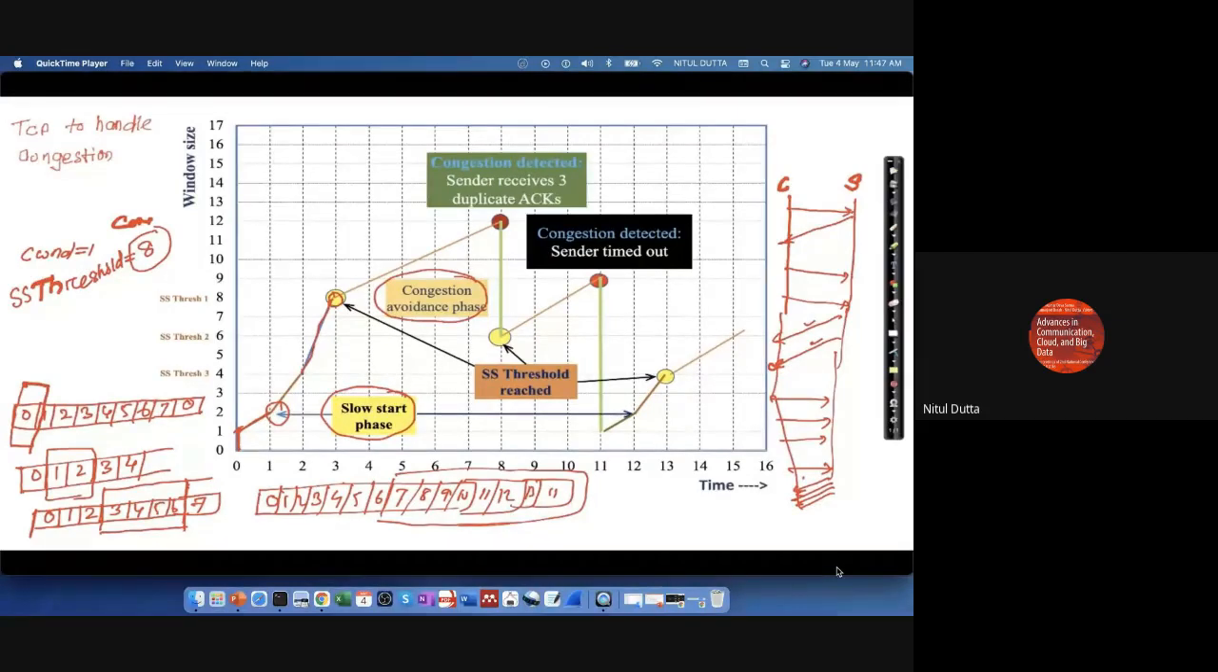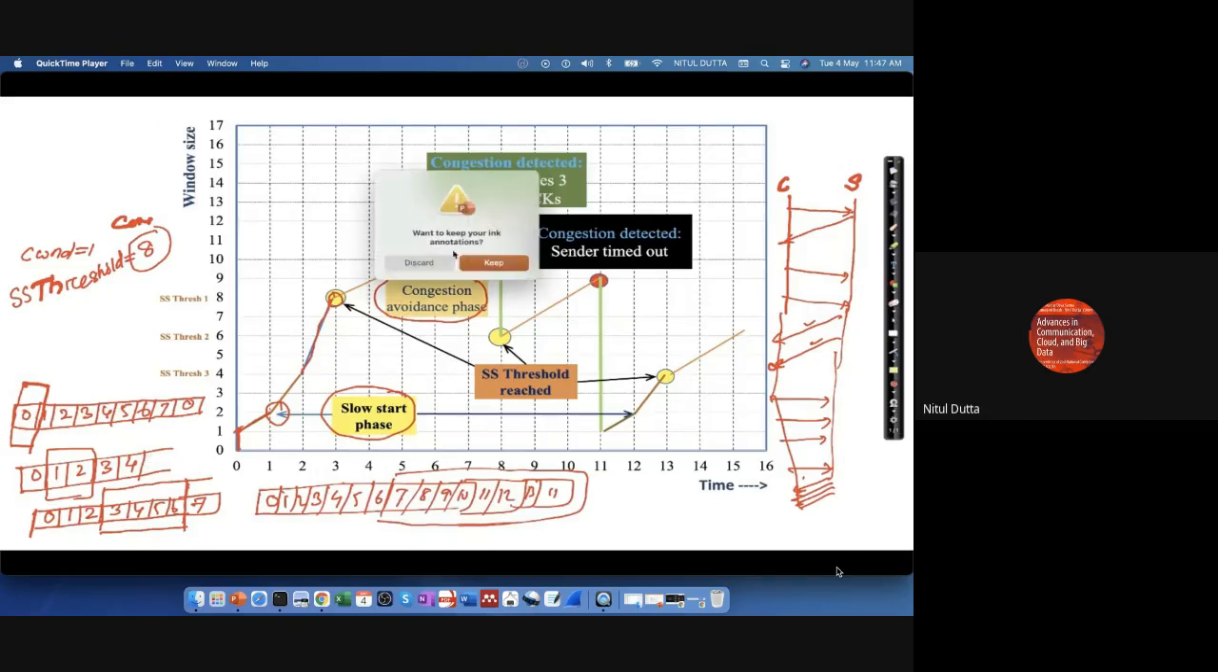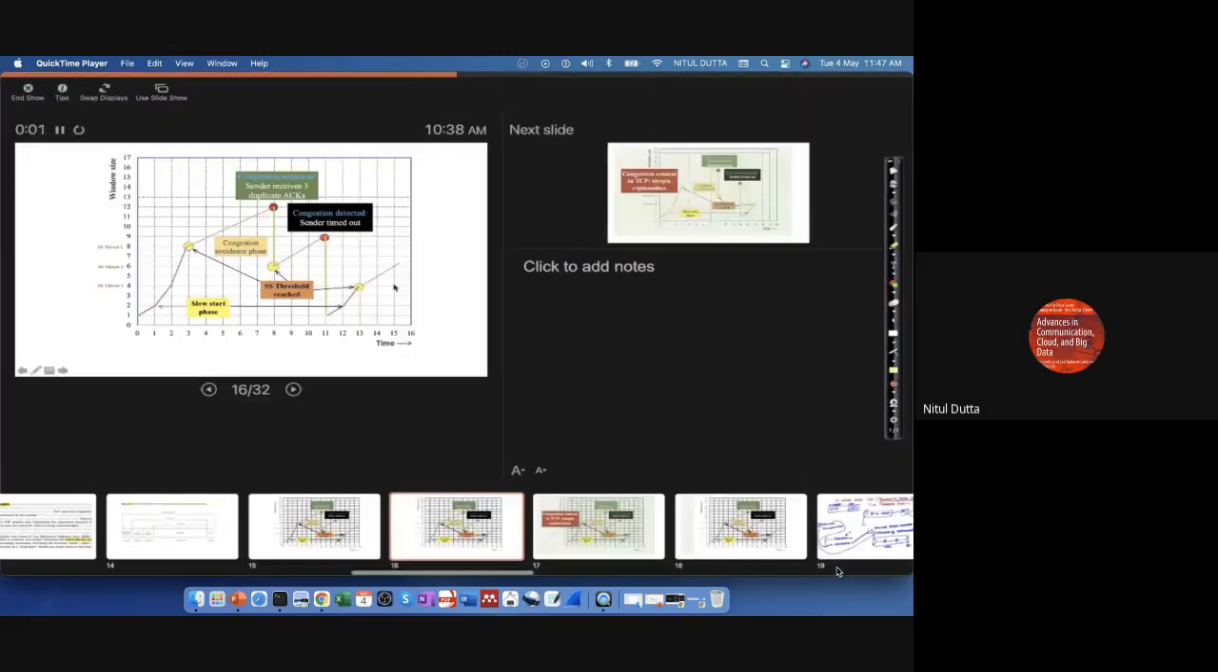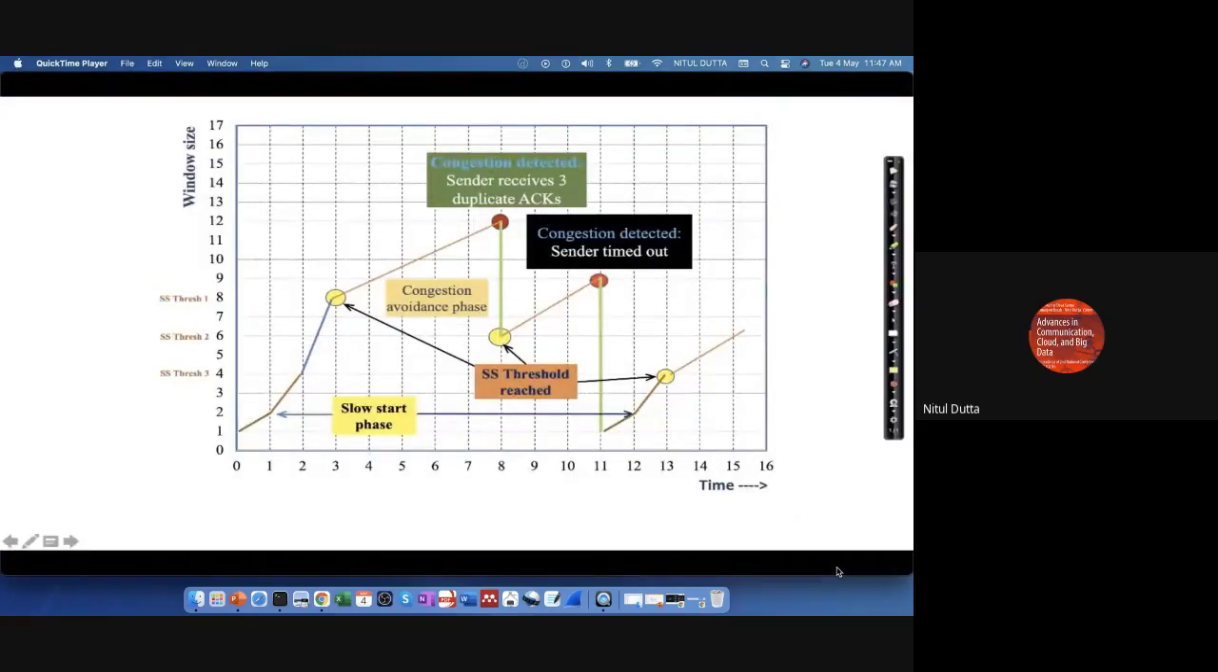And here what it does, instead of, let me do it once again. Discard this, okay. Let us see how it will work when